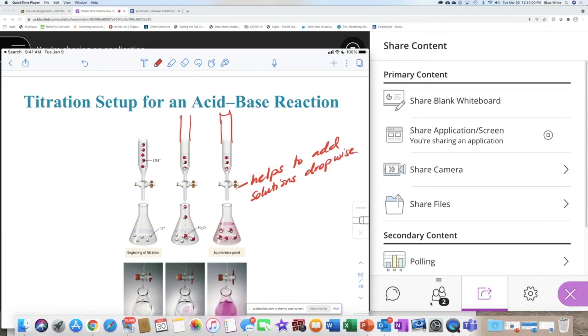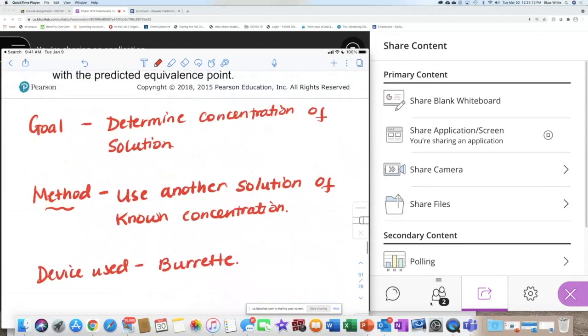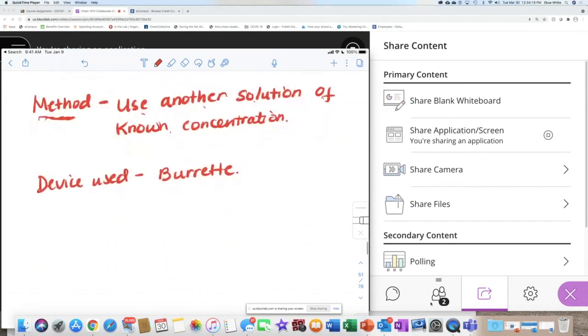So we're trying to add a controlled amount of solution, either acid or base, to the container in the bottom until we get to, quote unquote, the end of the reaction. So that's where the burette comes in. Okay. So our goal: determine concentration of solution. Our method: we use another solution with known concentration. Device: use burette. And burette adds